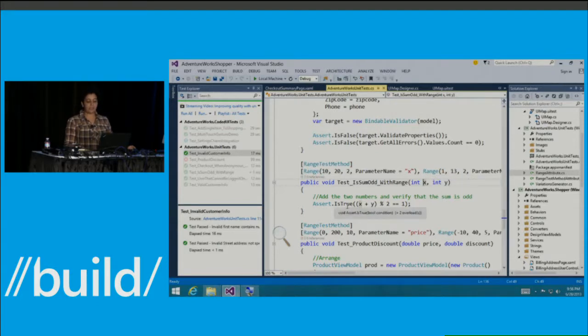And my method, all it does really is verifies that the sum of x and y is actually an odd number, so modulo 2 would give me a remainder of 1. Let's go ahead and run that,